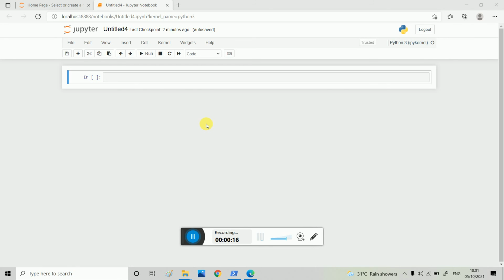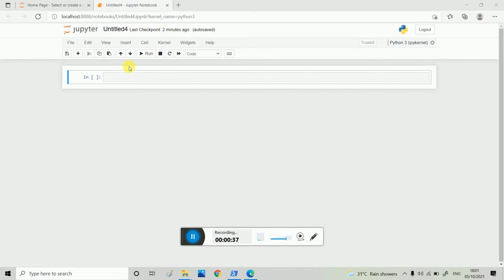So pandas is basically the library used for data manipulation. We have different types of data, like a CSV file or any other file. If you want to import it into our code, we use pandas. Or if you want to convert a data frame into a CSV file, we can do that by using pandas.